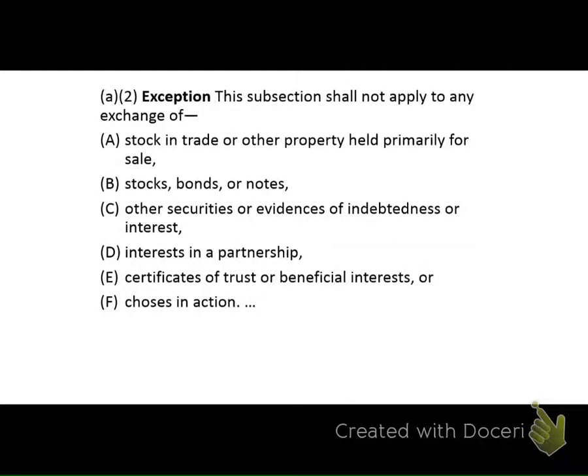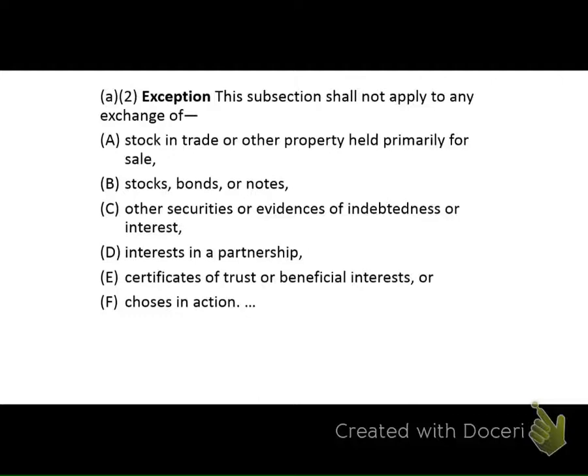All right, so in 1031(a)(2), there's an exception. So we're talking about like-kind property. We're trying to figure out if something's like-kind. There are a couple of things that are listed that are not like-kind. So these are specifically enumerated exceptions for like-kind property. This subsection shall not apply to any exchange of (A) stock in trade or other property held primarily for sale. So you can't have like-kind property that's held primarily for sale. So inventory cannot be like-kind property. Stock in trade as well, that would be a securities type dealer.